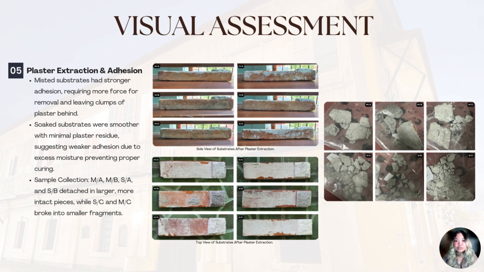when chiseled. Soaking the clay brick in water allowed for maximum moisture, which conflicted with the curing of plaster. This may have softened the lime component and weakened the bonds between the particles, which led to the plaster breaking down in smaller pieces compared to those in the misted substrates. The irregular moisture distribution in the soaked substrates further contributed to the lack of cohesiveness in the sizes of the